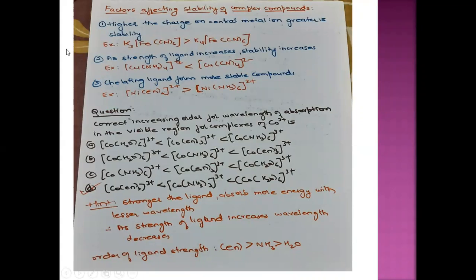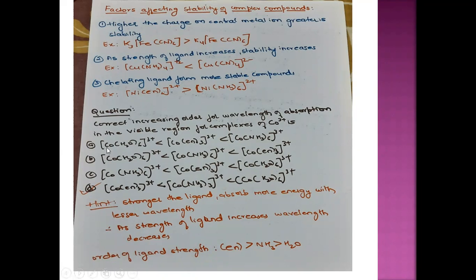And one more last question I have given you. This was an interesting question I found in one of the NEET papers. Okay, now to see this point here, the stronger the ligand, the more energy it absorbs. As the strength of the ligand increases, that means as you move from halogen donor ligands to carbon donor ligands, its strength increases. Since the strength is more, it absorbs more and more energy. You know the energy and wavelength relation, right? Energy is inversely proportional to wavelength. It means if an atom is absorbing higher energy, it is absorbing lower wavelength.